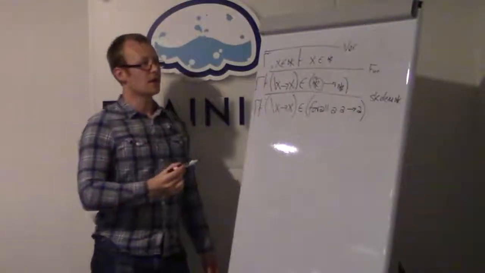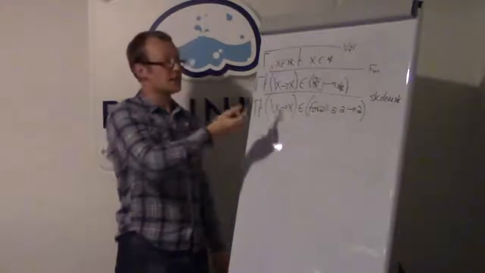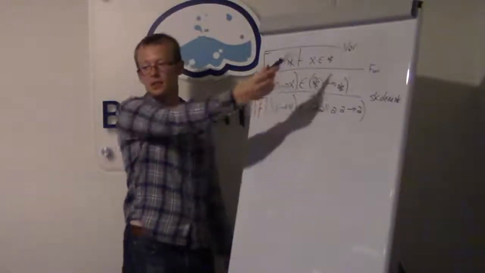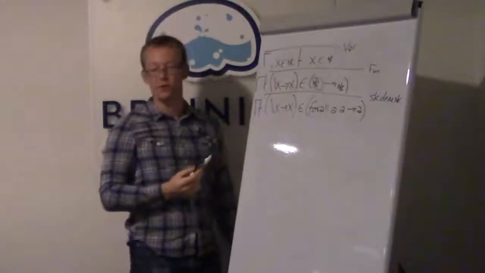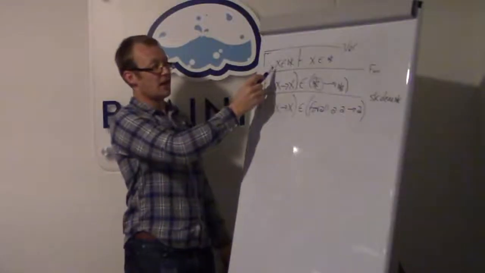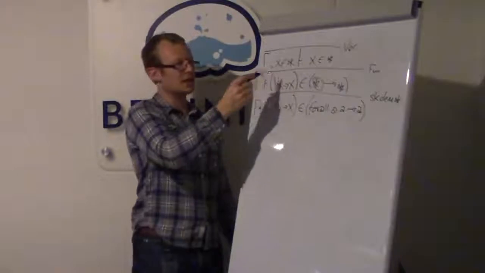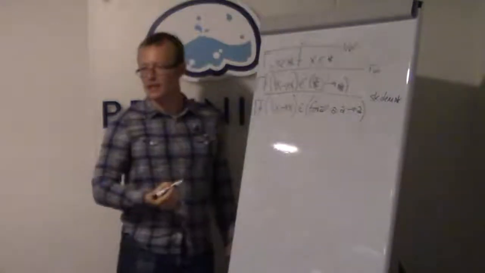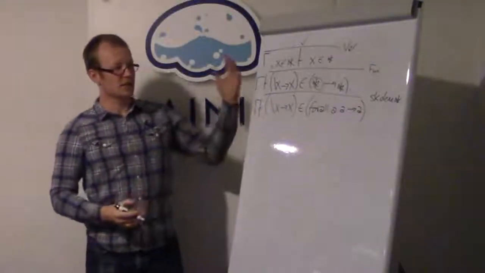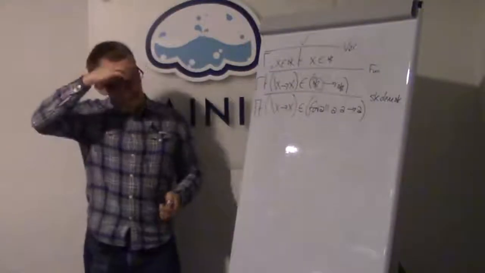Okay? And then finally, there's the variable rule that says if you have something in the context, you can just use it to prove what you want to prove, right? So of course I can prove x has type star in the context that tells me that x has type star, so I'm done. Good, right? That's using skolemization to check this.